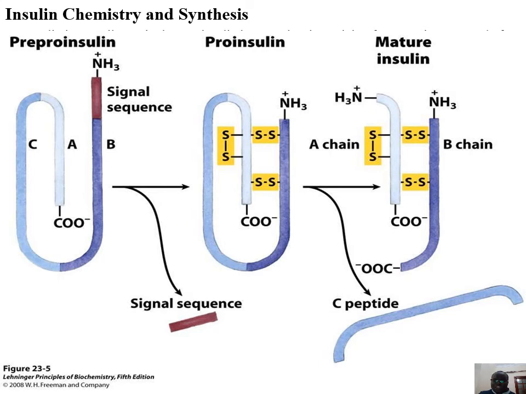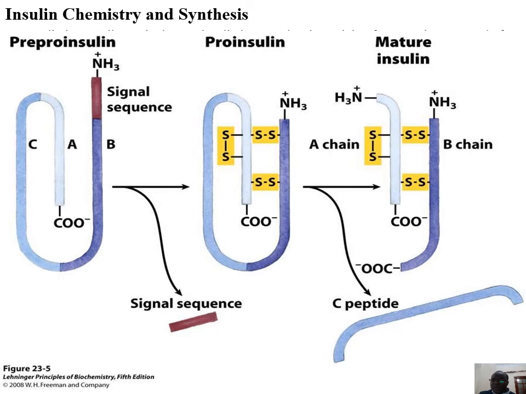Then there will be cleavage of the signal sequence. So you can see the cleavage of the signal sequence that will convert the pre-pro-insulin into pro-insulin. Then there will be other enzymes that will remove the C-peptide. So you can see the C-peptide here that is cleaved off as well to convert the pro-insulin into the mature